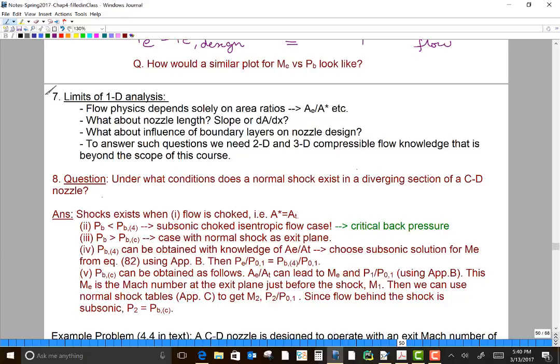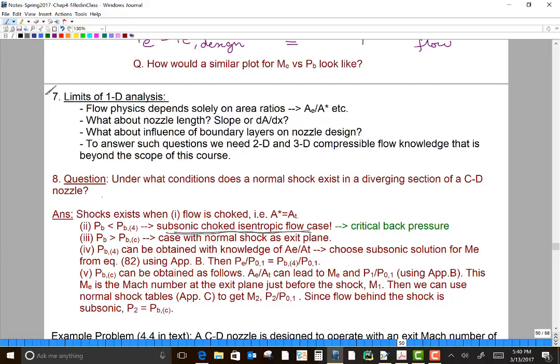So the shock exists when, 1, the flow is choked. So the flow has to be choked, which means if a problem statement says that a shock exists, then it means that the flow is choked, okay, at that point. Then for a shock to exist, the PB, the back pressure, should be smaller than PB4. The PB4 is also the critical back pressure, which corresponds to the back pressure for the subsonic choked isentropic flow case. So that is your case 4. So your back pressure should be smaller than that subsonic choked flow case. Okay, and the back